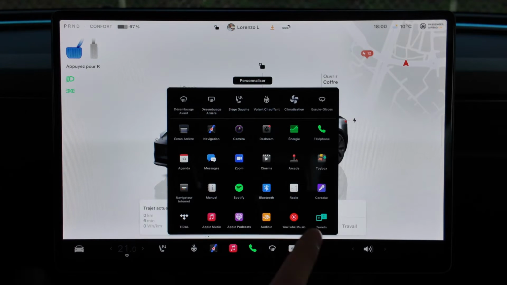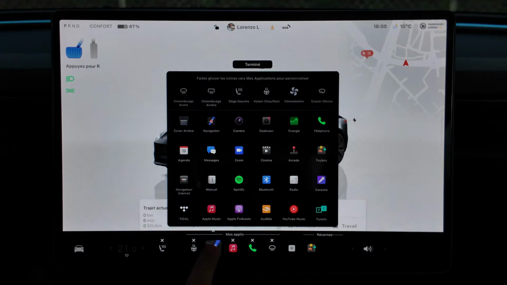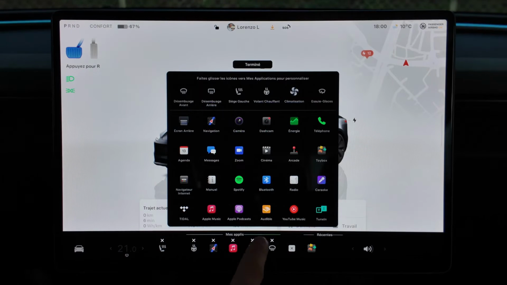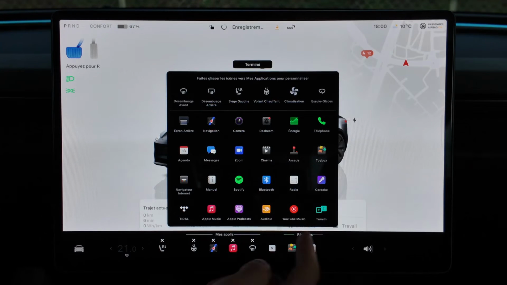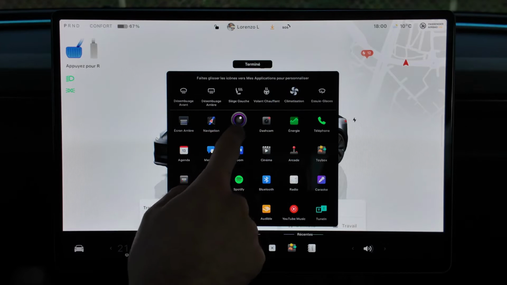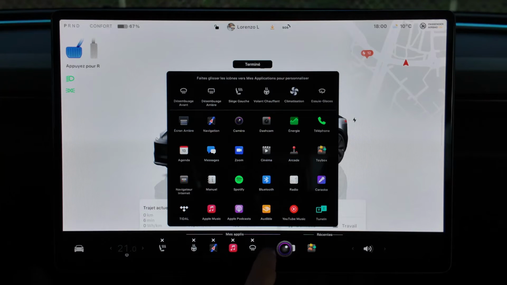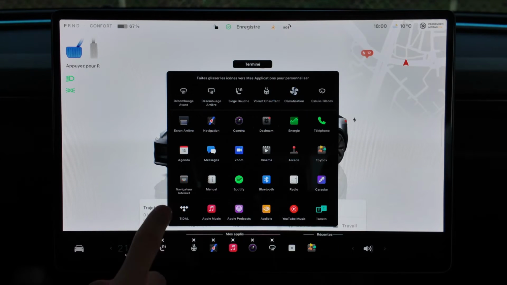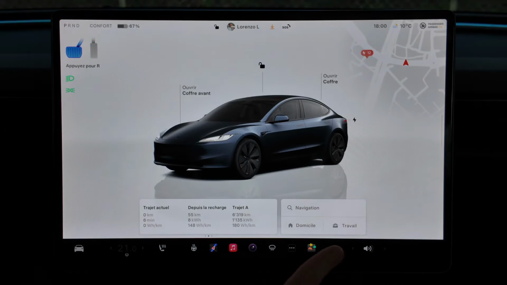Something very interesting is that you can still customize this bar at the bottom. You can press and hold here, and now you see that I have crosses above the icons. So I can simply, for example, move my phone, and that removes it from the main bar. I can, for example, take another application. I can take the camera and drag it wherever I want. And so here you see that now if I tap done up there, it will stay just as I set it.